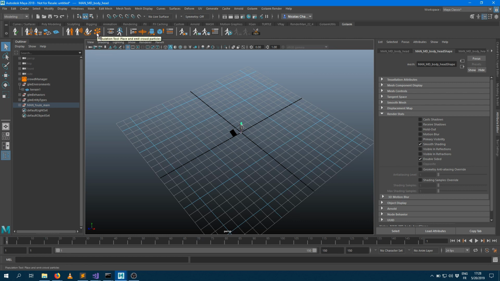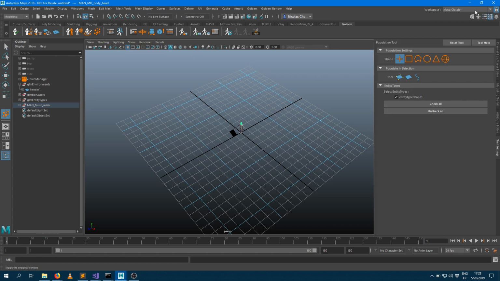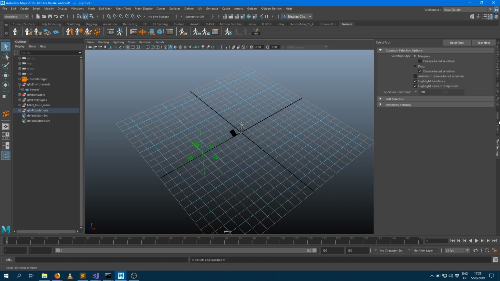which is that icon here, which looks like a particle system. And as it's a tool, I need to double click on it to bring the tool settings. So the population tool allows you to draw different shapes or connect to some geometries to generate zones of initialization for your entities. Here I'm going to stick with the grid, and I'm going to place my grid locator somewhere